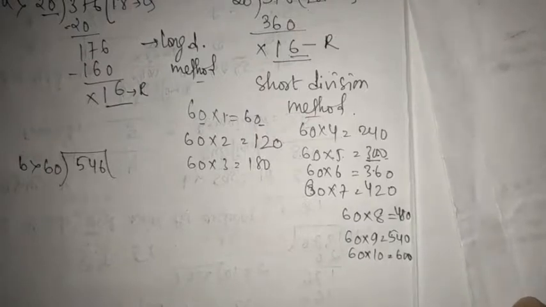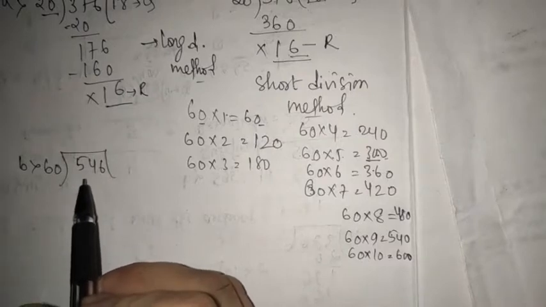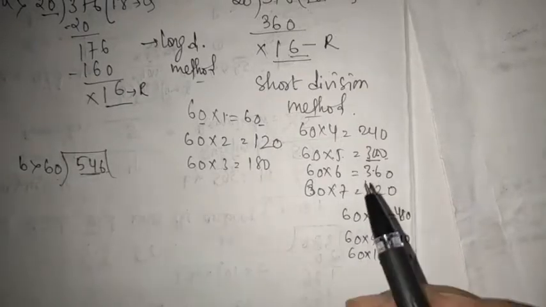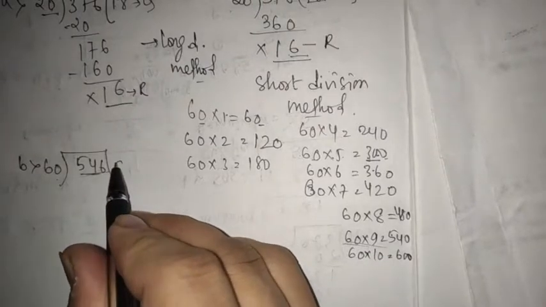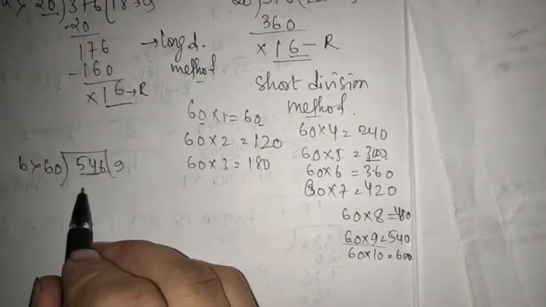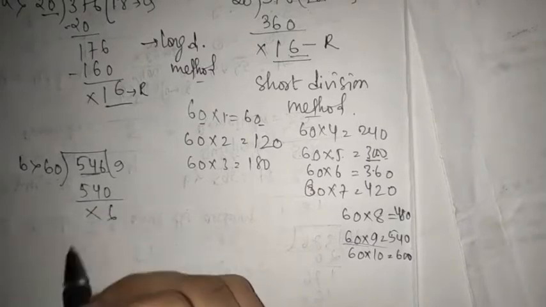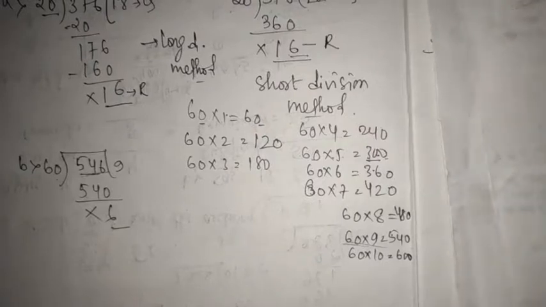Alright, now, so you will be doing the long division method. 54 cannot be divided by 60, so we have to take the whole number here. So 60, where do you find it appropriate? 69, okay, so 6 times 9 is 540, so 0 here, 6. In this condition you will have only one method, that is the short division method. No long division method will be there.